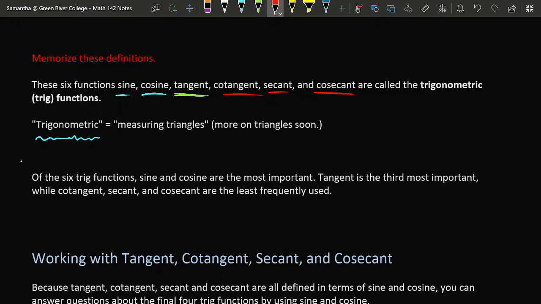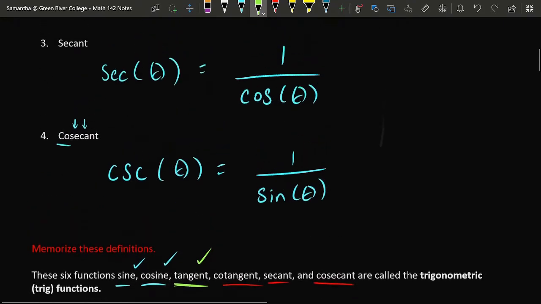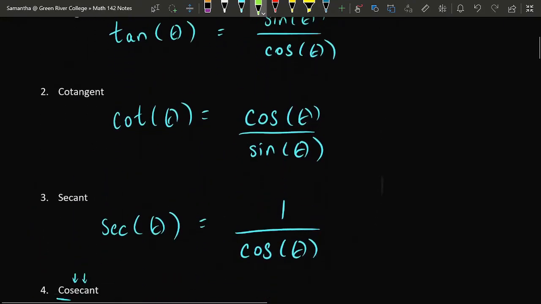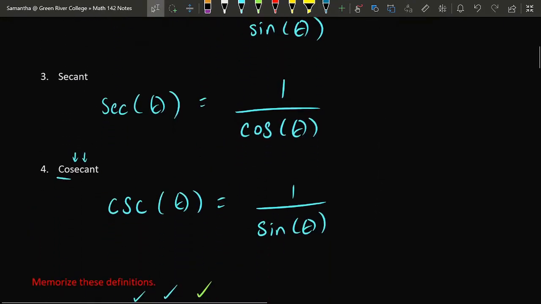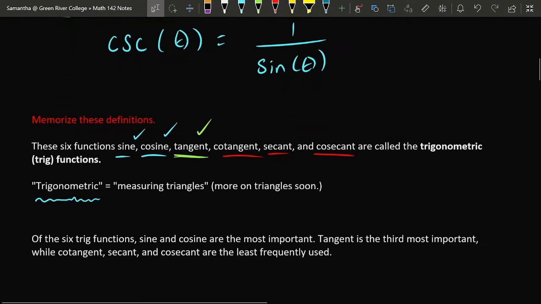So as you're working with these formulas, bear in mind that generally speaking, sine and cosine are the most important of all, with tangent following slightly behind in importance, and the rest of these are used much less frequently. I would recommend to memorize the definitions of these 4 functions here, because you do end up using them pretty often in this class and fairly often in calculus as well.